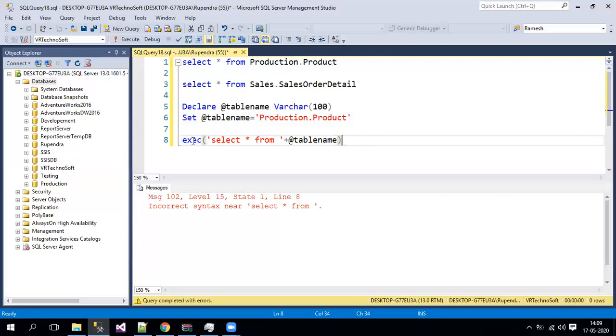When you execute it, whatever is in the single quote is just select star from, and in the variable we have production dot product table, right? That will also come and sit over here in this execution statement. It will execute the whole query and give you the total output. So this is how you need to execute dynamic SQL.